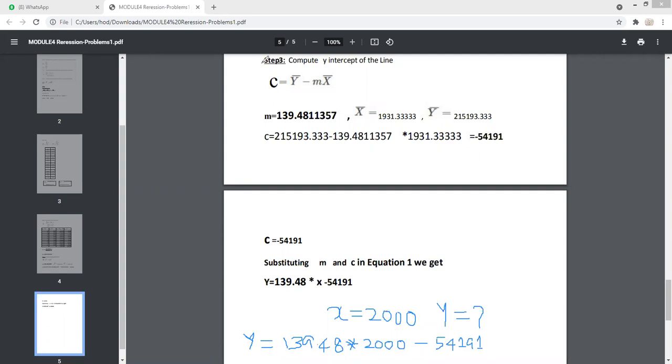So what we do, we will stop here. As the problem is over, so tomorrow's